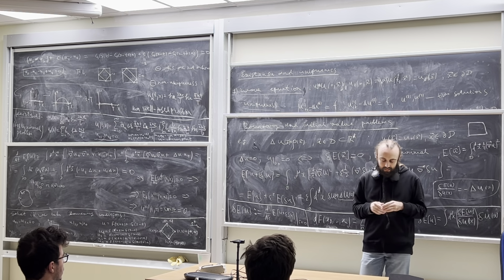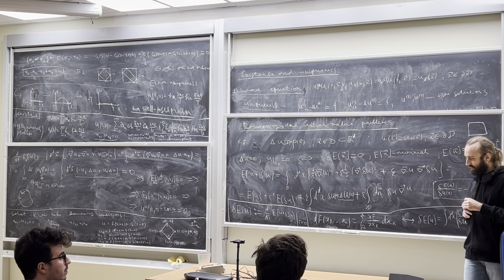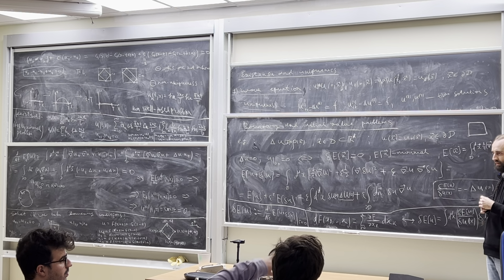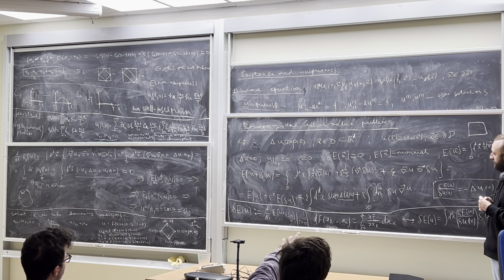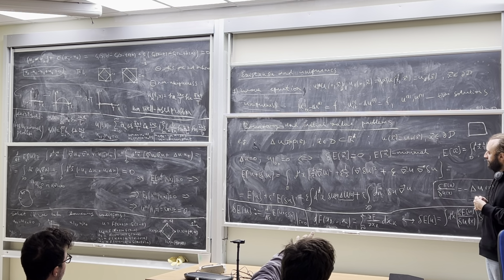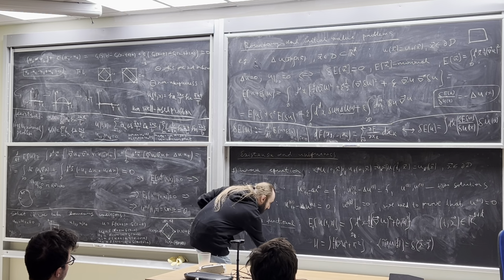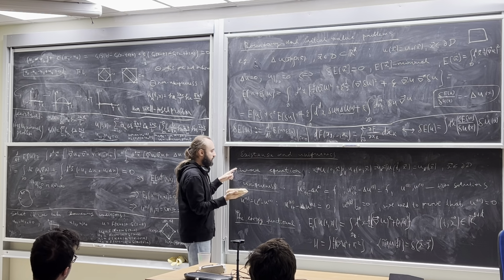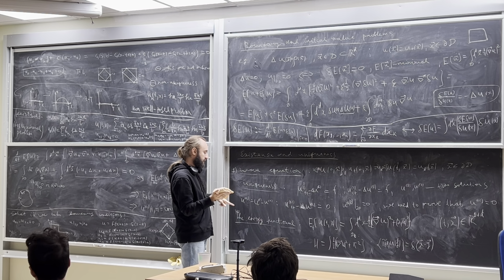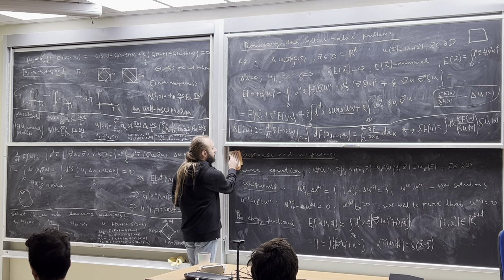In the general case, if the Laplacian is not equal to 0, then the variation is equal to rho. No, in that case we need to insert this external source into the functional. So probably I can erase this.